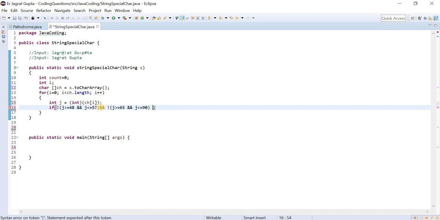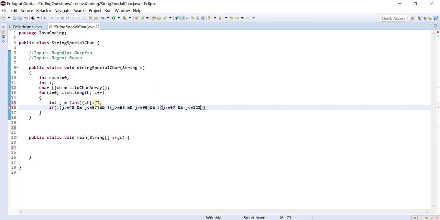Okay, and likewise capital letters, we need to incorporate the small letters also. So for this we can apply 97 to 122. So j is greater than or equal to 97 and j is less than or equal to 122.